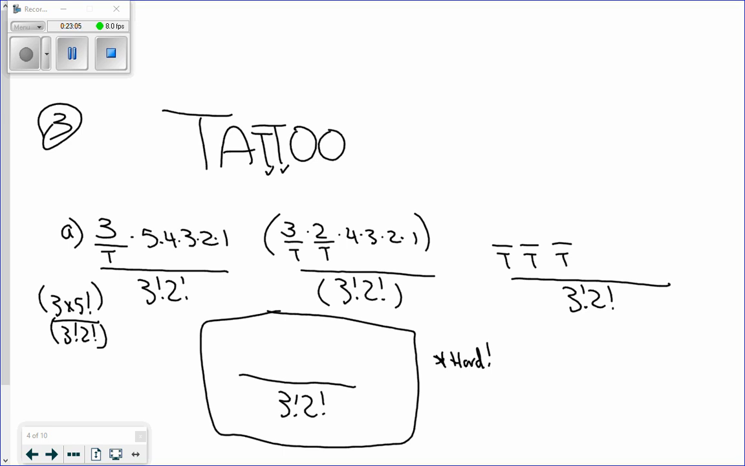Okay, 3 T's. How many choices for the first T? Then how many choices for the next T? How many choices for the next T? So we've used up all our T's. So how many letters do I now have left? 3, 2, 1. Now, just as a thing on this one, I'm just going to show you here